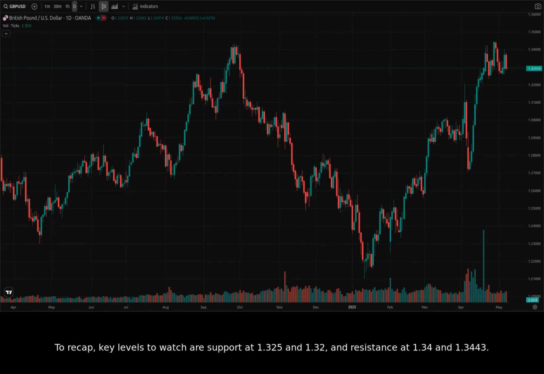To recap, key levels to watch are support at 1.325 and 1.32, and resistance at 1.34 and 1.3443. The most likely scenario is continued consolidation until we get more clarity from the central banks. However, a surprise move from either the Fed or BoE could trigger a significant breakout or breakdown. Keep an eye on the news wires and be prepared to adjust your trading strategy